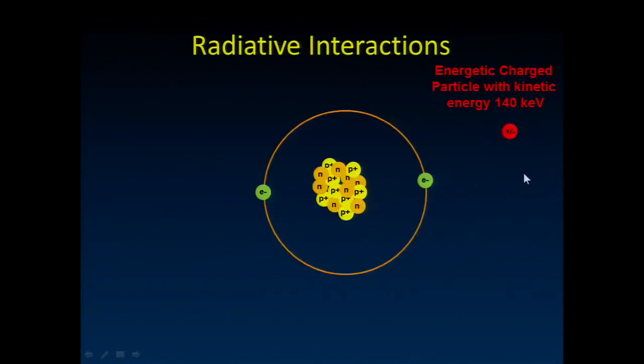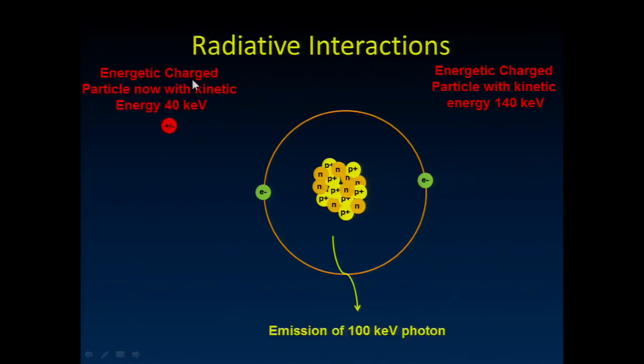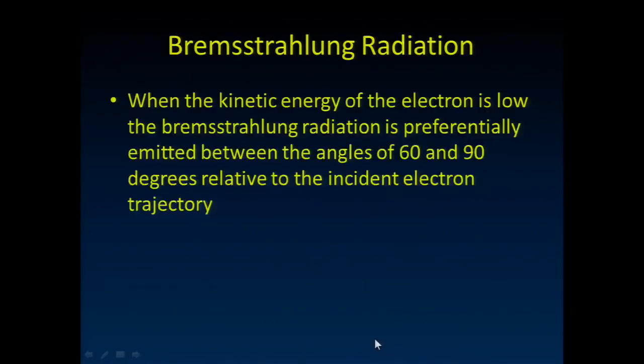It's going to swing close by the nucleus of this atom, and its direction is going to be changed by the interaction of its charge with the charge in the nucleus. And that's going to change the kinetic energy of that particle. So it's reduced, let's say, to 40 keV in this example. But conservation of energy says we're going to get the emission of this 100 keV photon. So notice our initial charged particle has slowed down, and we've gotten production of this radiation. And that's the Bremsstrahlung, or braking radiation, that we see produced as we slow down and change the path of